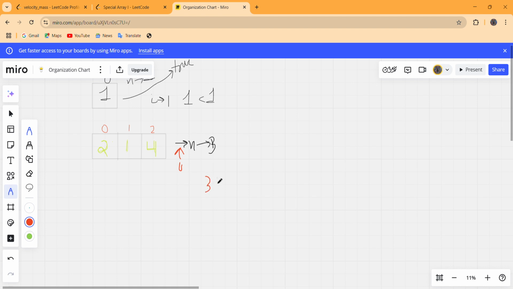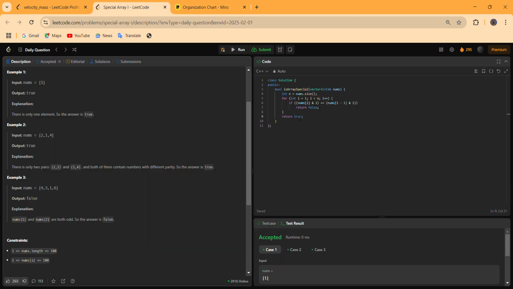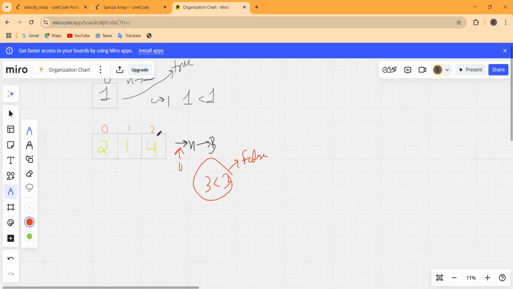No, 3 is not less than 3, so this will generate false, and the for loop will end. For this second input array, we return true to the caller.